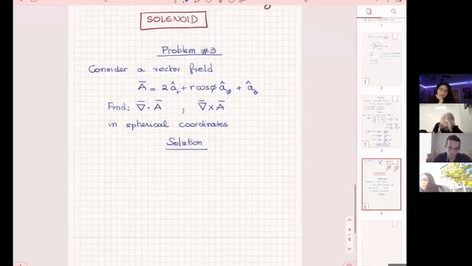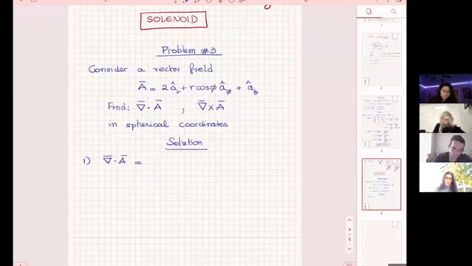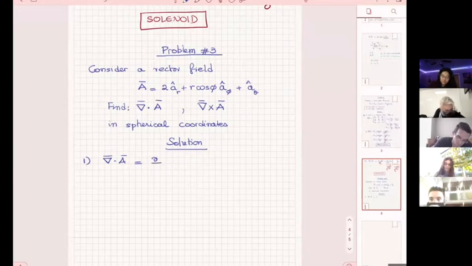Let's start with the divergence. In spherical coordinates, the divergence is the simplest one. Okay, it's not the simplest, but it is in some ways. All right. In spherical coordinates,